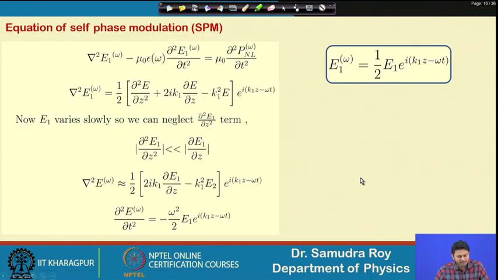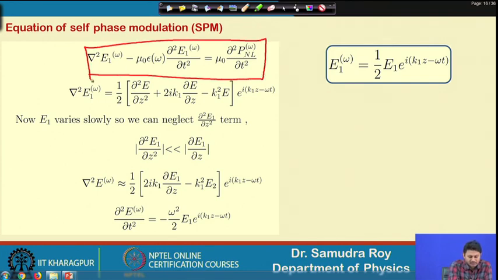Well, once we have all these terms, now it is time to find the equation for self phase modulation, and in order to find the equation for self phase modulation, we just need to solve the nonlinear Maxwell's equation that we have been solving for the last few classes. So, this is the standard form of Maxwell's equation. We don't need to explain this every time, because I believe by now you are very much aware of this equation, because this is the mother equation, and from that we need to derive the evolution of the fields, the field amplitude rather. The total electric field is this.